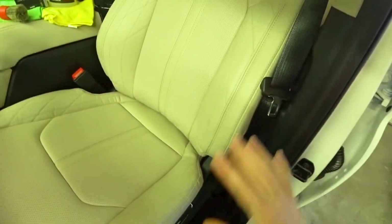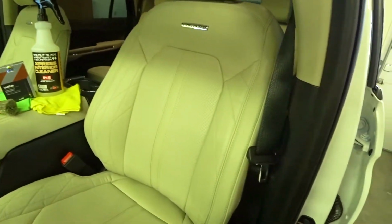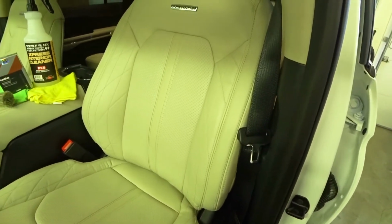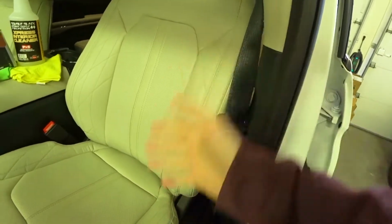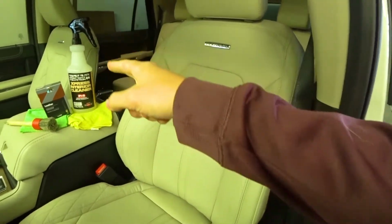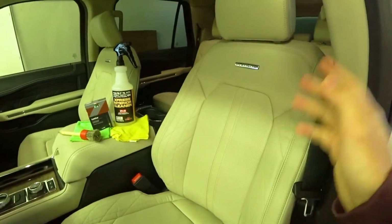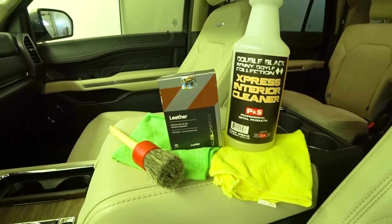Then you wipe it off, let it dry, and you would go ahead and use the quartz leather ceramic coating to top it off on these seats. These seats are brand new, so you don't have to be as thorough with your deep cleaning prior to using the quartz leather coating. So pretty much what I will do is I'll use the Express Interior Cleaner, spray off the surfaces, wipe it down with a towel, let it dry. It dries very quickly, and then I'll go ahead and use the leather ceramic